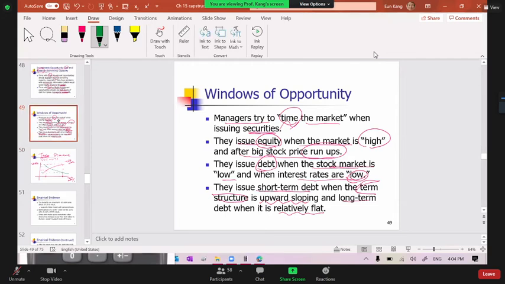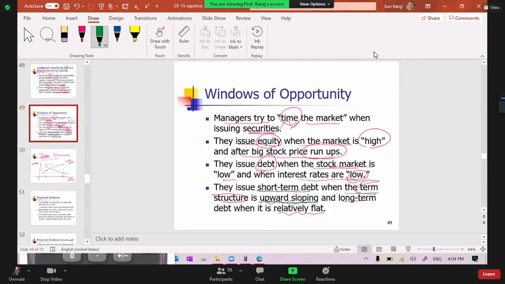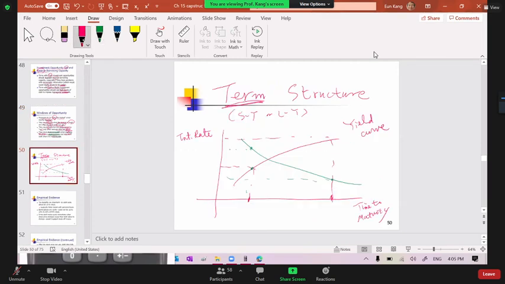They issue short-term debt when the term structure is upward sloping. Upward sloping is like this: short-term interest rate is lower than long-term interest rate, so they issue short-term debt. And long-term debt when it's relatively flat, meaning pretty much like this, right? It's not much different between long-term and short-term. The green one is kind of an extreme case, but it happened many times before,